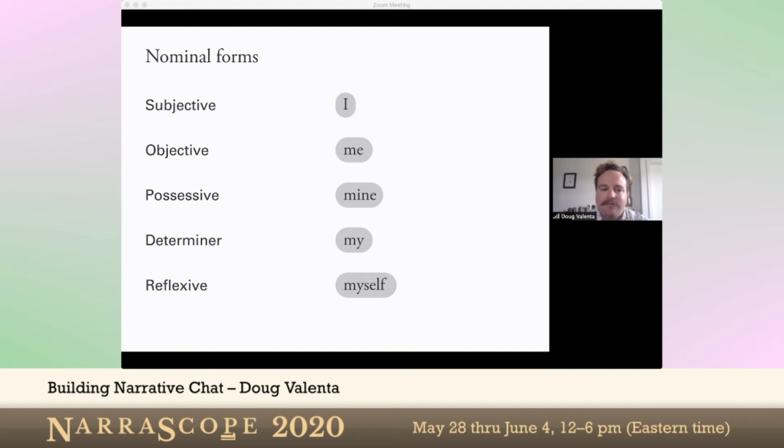They are the subjective, the objective, the possessive, the determiner form, and the reflexive. And we can see those illustrated really clearly when we look at a noun like the first person pronoun, right? So this is the same word, but it takes different forms depending on what role it's playing in the sentence. A wonderful thing about the first person pronoun is that it takes a distinct form based on which role it's playing in the sentence. So we can always detect what form the first person pronoun is in just by looking at it. Many of our pronouns don't do this.